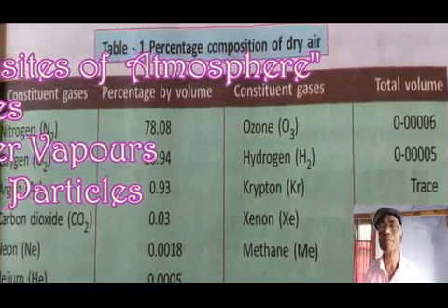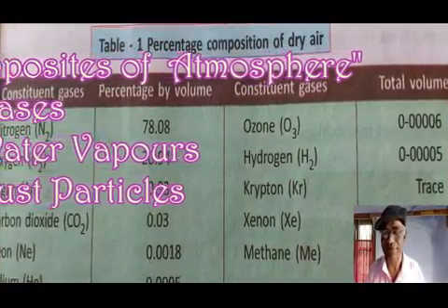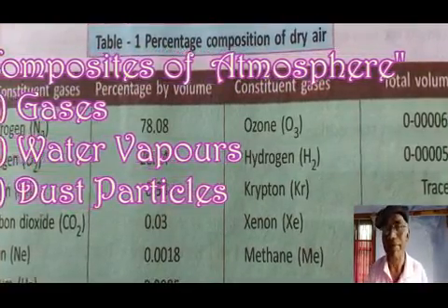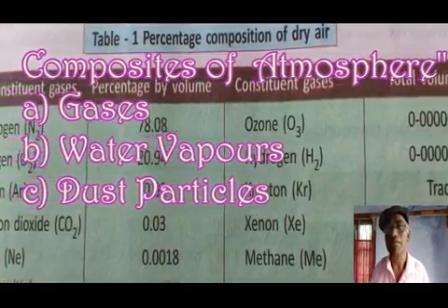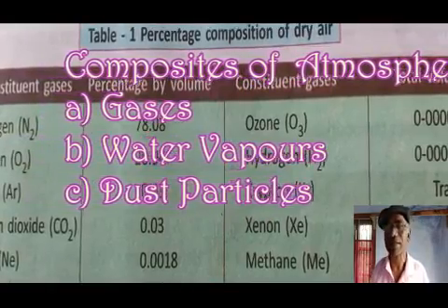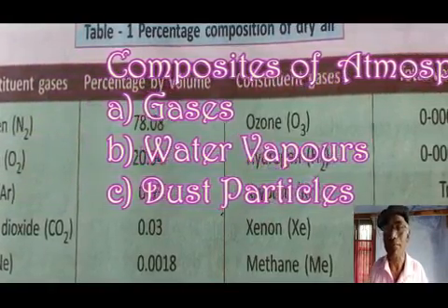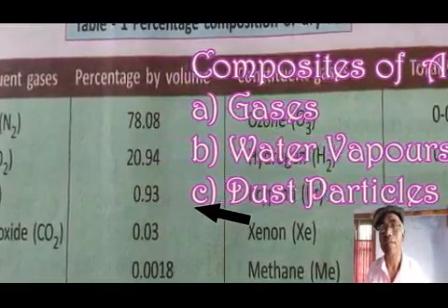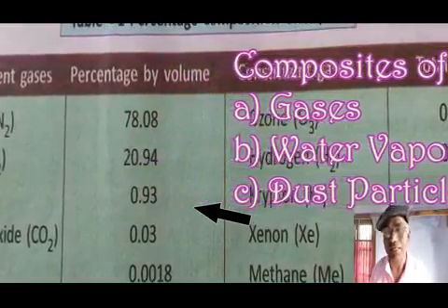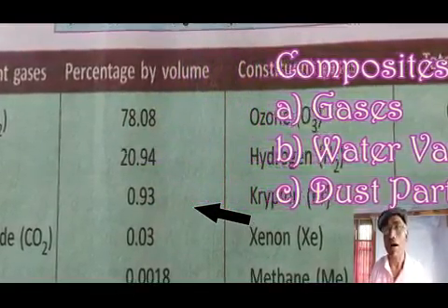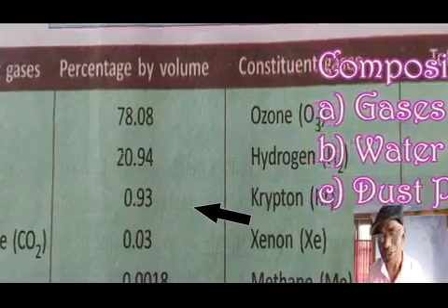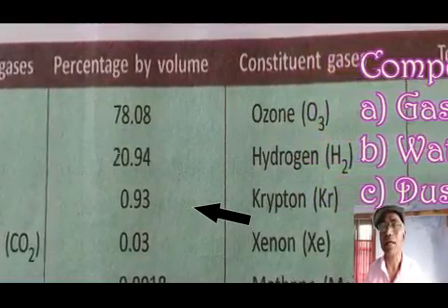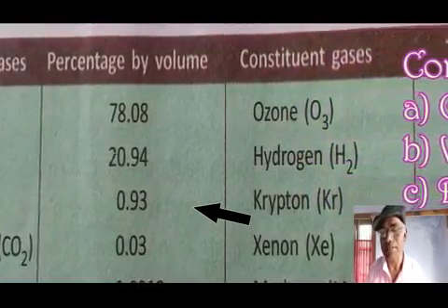First among them is the gas. There are various gases permanently present at various percentages, like nitrogen is 78%, oxygen is 21%, argon is